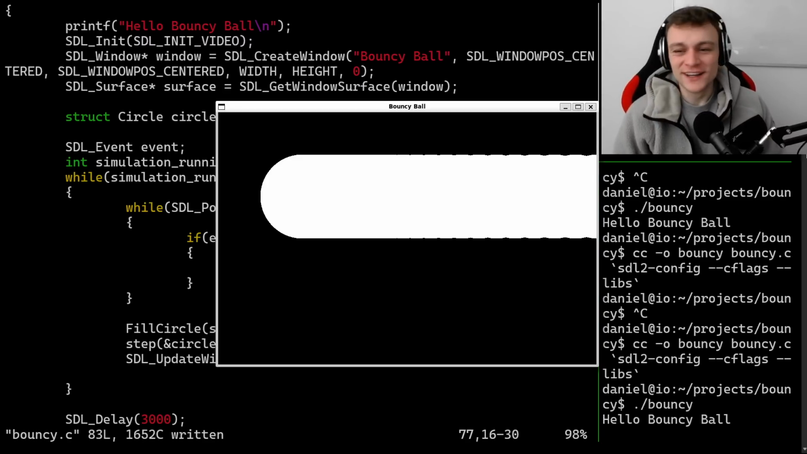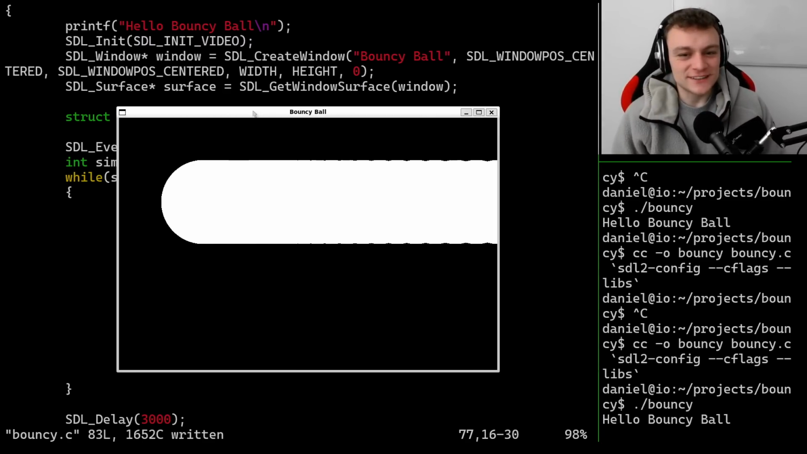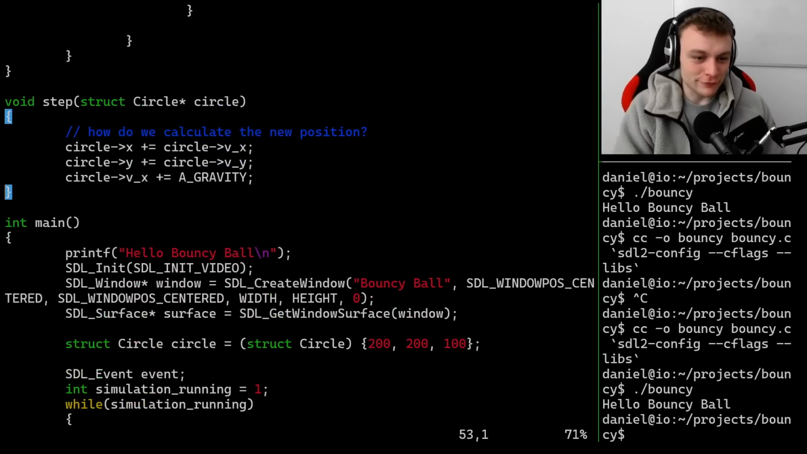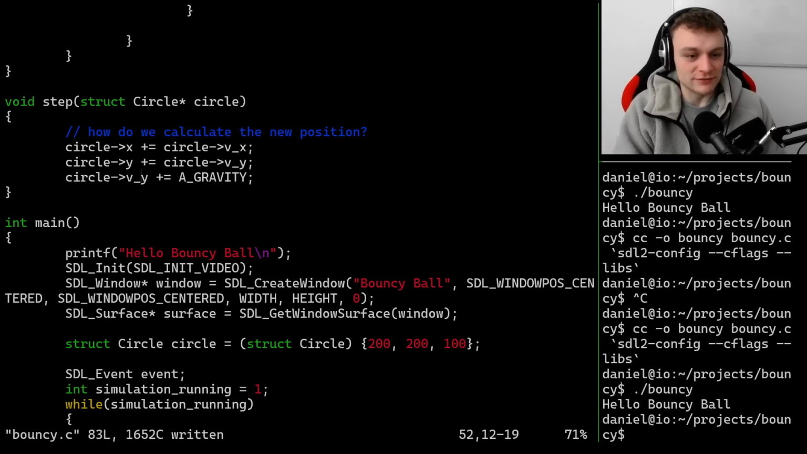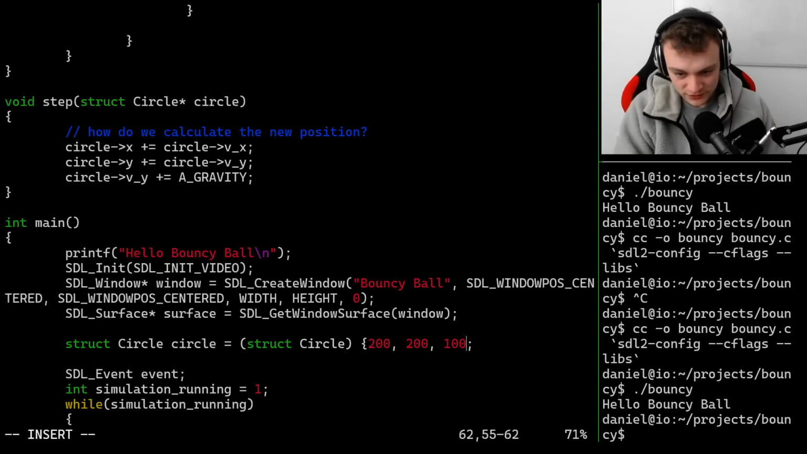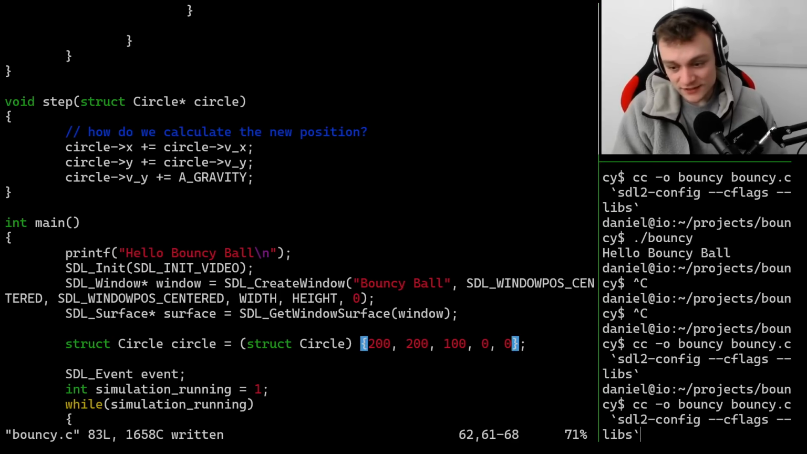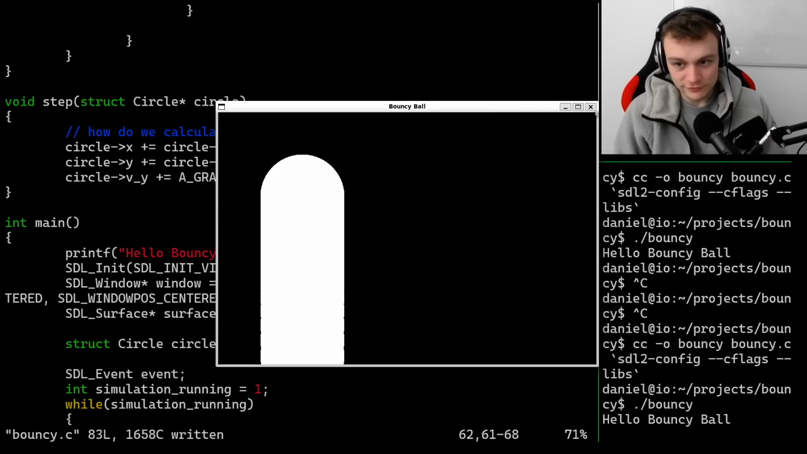Oh, no. I'm so stupid. Oh my god. Yeah, at least we can quit the application. Yeah, what's going on? This is funny. Of course, the circle must fall down. So we have to increment the y speed, not the x speed. Then, additionally, we have to initialize the speed of the circle to be 0 in all directions. Otherwise, it's just going to have some value. Let's check it again. Yeah, it's now falling down, but